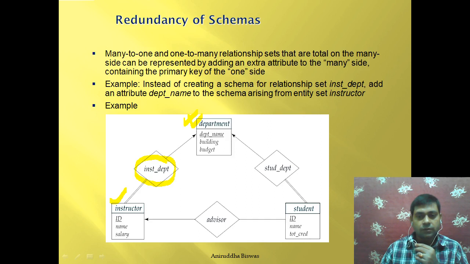Okay, this is the student and this is the department, and it is combined by this stud-dept relationship. Similarly here the instructor advises the student, so this is another relationship like this. Now how they are redundant means there are three relationships, right, and we could draw